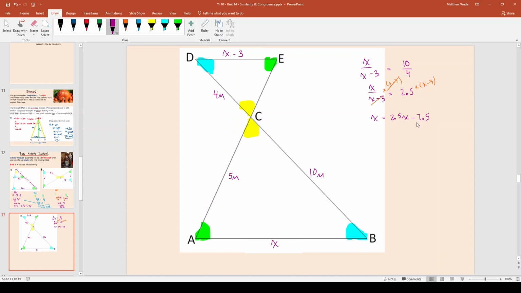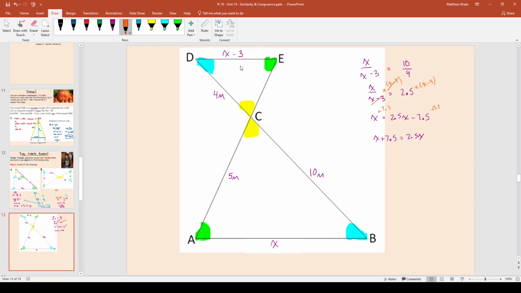I'm going to move the 7.5 to the left-hand side. First of all, I'm going to plus 7.5. Plus 7.5, plus 7.5. And also take away, actually, stop skipping steps. So let's go. It'll be x plus 7.5 equals